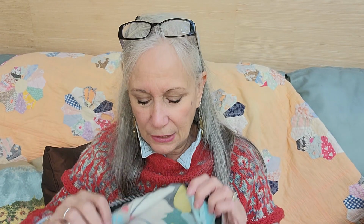I kind of wanted to let you know I keep my spinning in the bags that I make, and I make them really wide for the purpose of putting in the spindles. And then inside, when you work with hand spinning, so spindles, whether it be a drop spindle or a support spindle, you have little nests that you build, and then you have your support or your drop spindle, or even a Turkish spindle. I keep my spindles separated